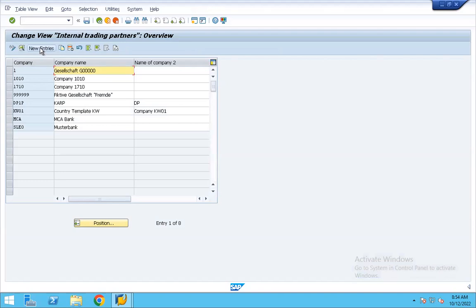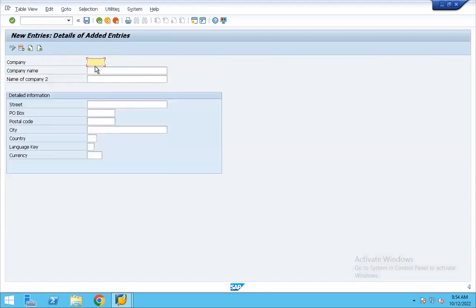So what you can do is go to new entries and give some company ID like R1. Company name: Reliance organization.